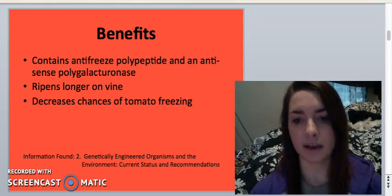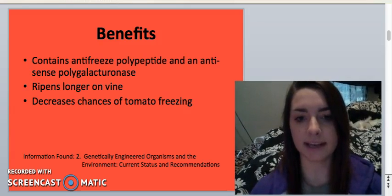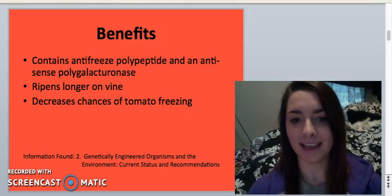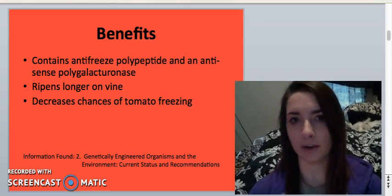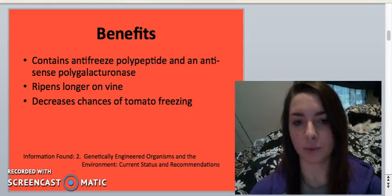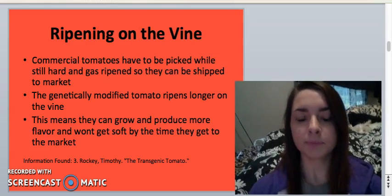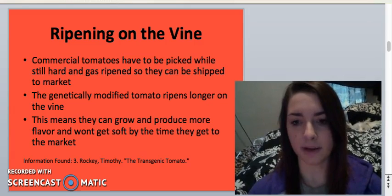Some benefits of genetically modified tomatoes. They contain antifreeze polypeptide and an antisense polygalactoronase. The antifreeze polypeptide actually decreases the chance of the tomato freezing, and then the antisense polygalactoronase helps the tomato ripen longer on the vine. The ripening longer on the vine, this is the main benefit of the genetically modified tomato